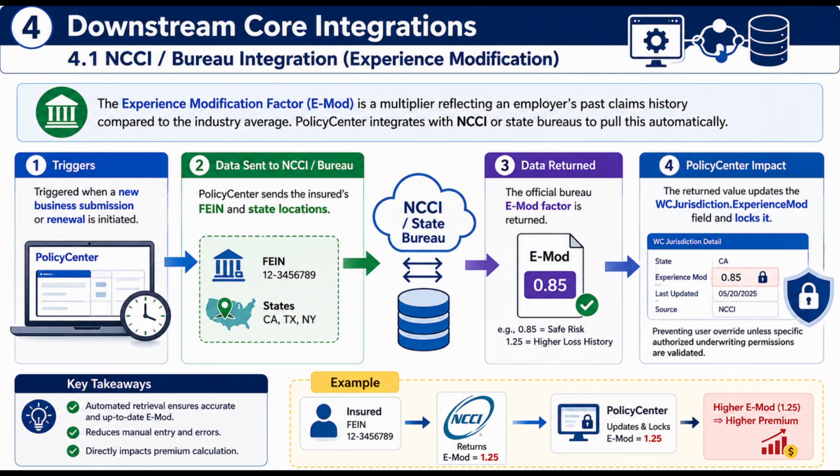This finalized value is then ingested by the core rating engine, acting as a critical multiplier that alters the calculated subject premium. The secondary critical integration point required for a compliant workers' compensation system rollout is the proof of coverage reporting mechanism. In the United States, almost every state mandates that carriers report policy verification details immediately upon binding a contract. This statutory requirement ensures that local labor boards can verify employers are maintaining active policies, preventing companies from violating